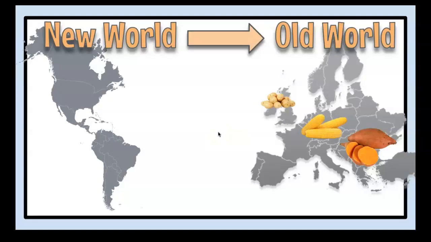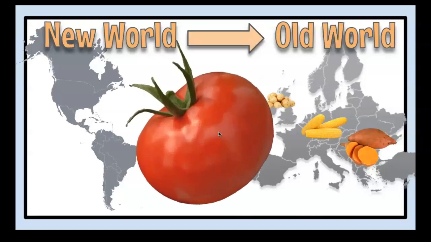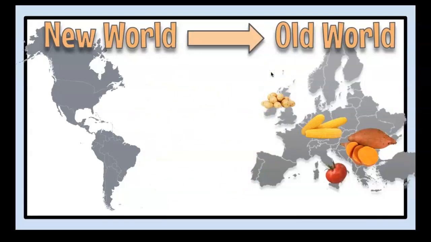Another item that came over from the New World to the Old World was the tomato. And the funny thing about the tomato is when it first came over, particularly in Germany, they did not trust it. They didn't really think it was healthy or that you could eat it. So there were a lot of warnings about not eating the tomato. But eventually they learned that there was nothing wrong with eating it. Just think of Italy and the impact the tomato had there. When you think of Italian food, you think of a lot of pasta sauce, and pasta sauce is made from tomato. So it pretty much reshaped a lot of the things that they cooked.